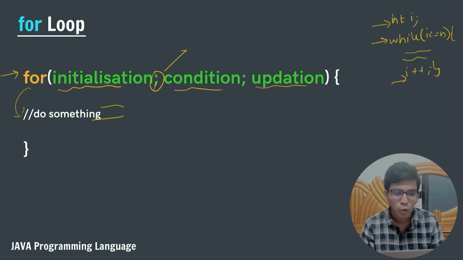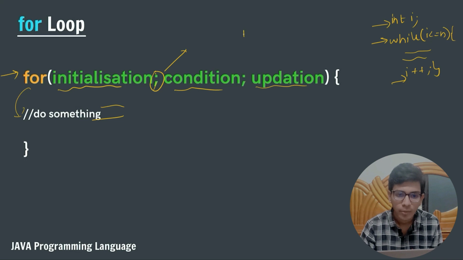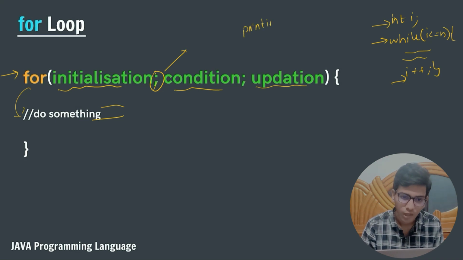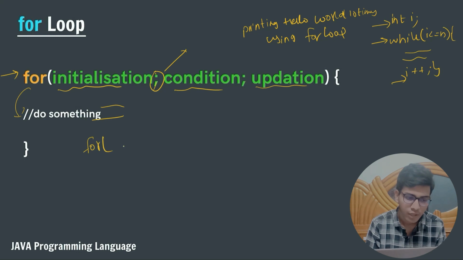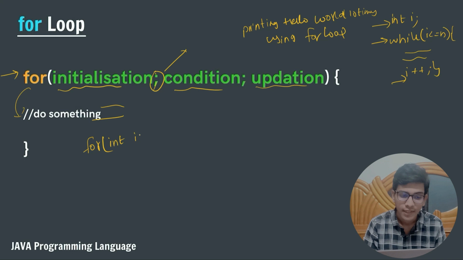So let us do the same question, printing hello world 10 times using for loop. So the syntax will be, first of all, let us write the for keyword. After that, let us initialize the initialization variable, that is i is equals to 1, and the condition will be,